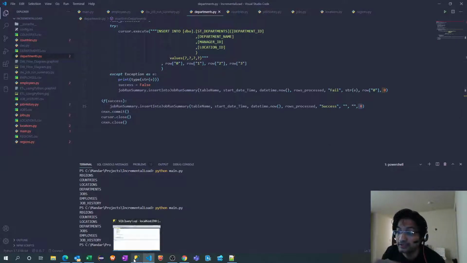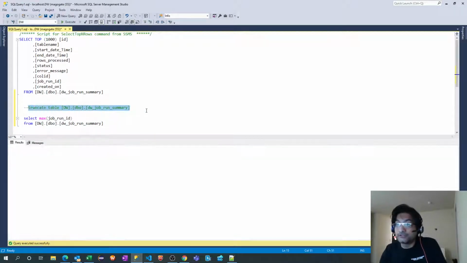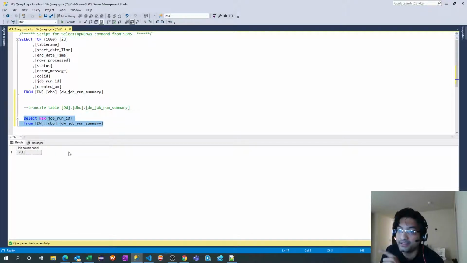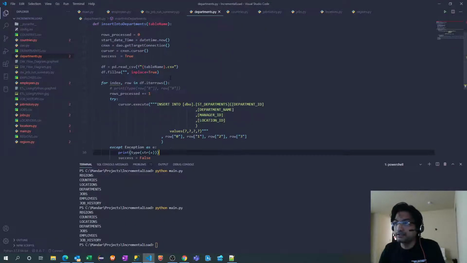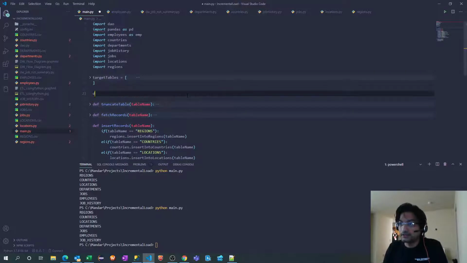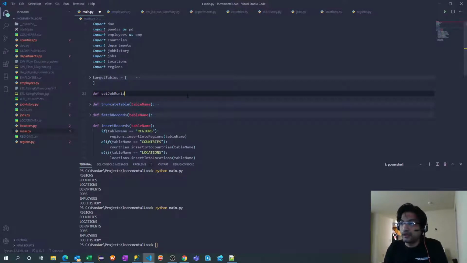So let's try to achieve that. I will first truncate the table. If there are no records, this select statement gives me null. Let me write another function here. Let me go back to main.py. I will add another function, def set job run id.